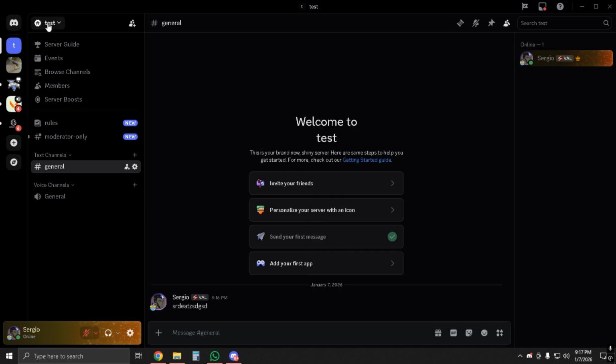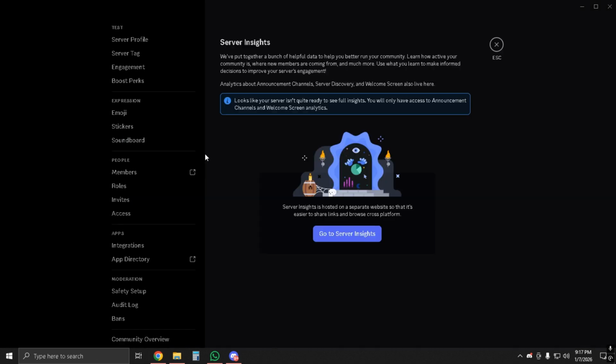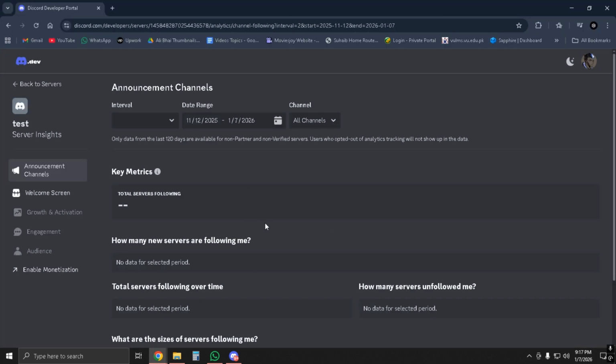The fourth one is here, server insights. It is pretty much very helpful for keeping an eye on the overall server. Just click on go to server insights. This will open your browser. This is very helpful for keeping an eye on the overall server, which makes it easy to analyze your mistakes on the server,